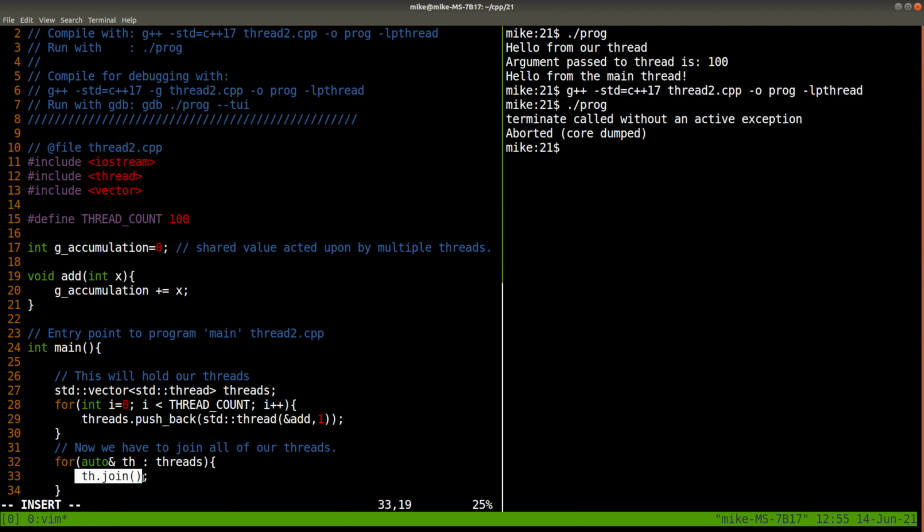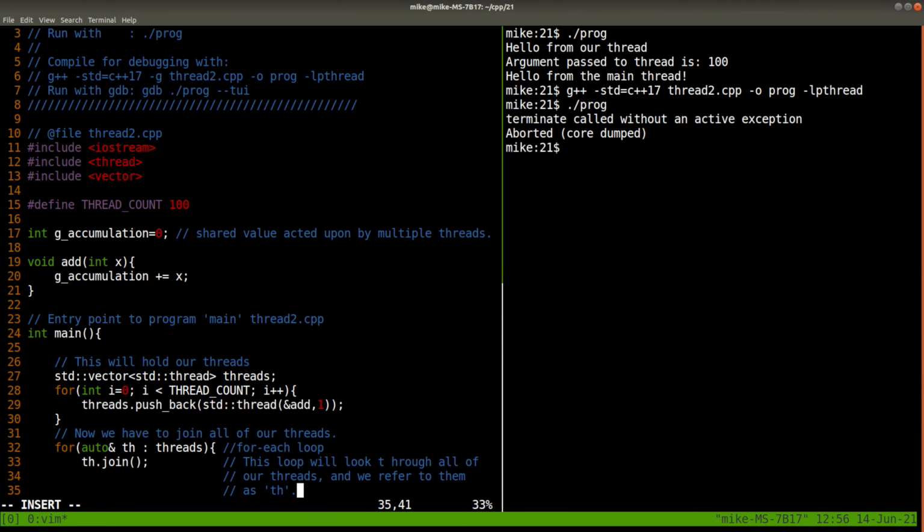This loop is going to join all the threads. And we haven't talked about this in a long, long time, not since probably the first lecture where I remember explicitly calling it out, but this idea of auto, which will automatically deduce the type here of whatever our thread is. So this type of for loop here is a ranged, a sort of for each loop, okay? And this loop will look through all of our threads, and we refer to them